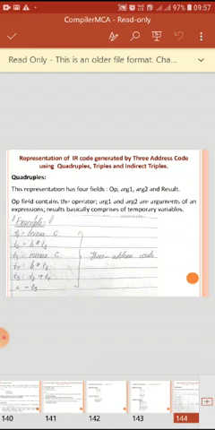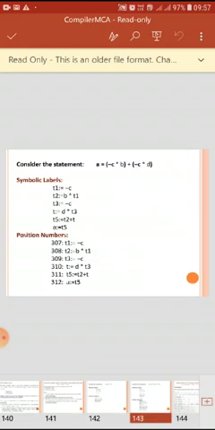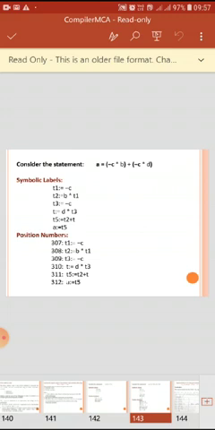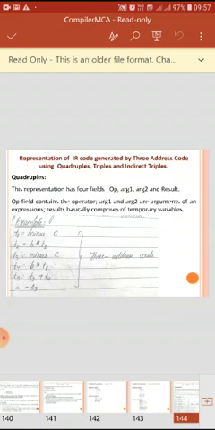One thing I would like to add is that in the slides that I had provided, the example was something else. I have tried changing this example. The main reason for changing it and making the video out of it is that I have taken the same IR representation in order to show the representation using quadruple, triples and indirect triples.